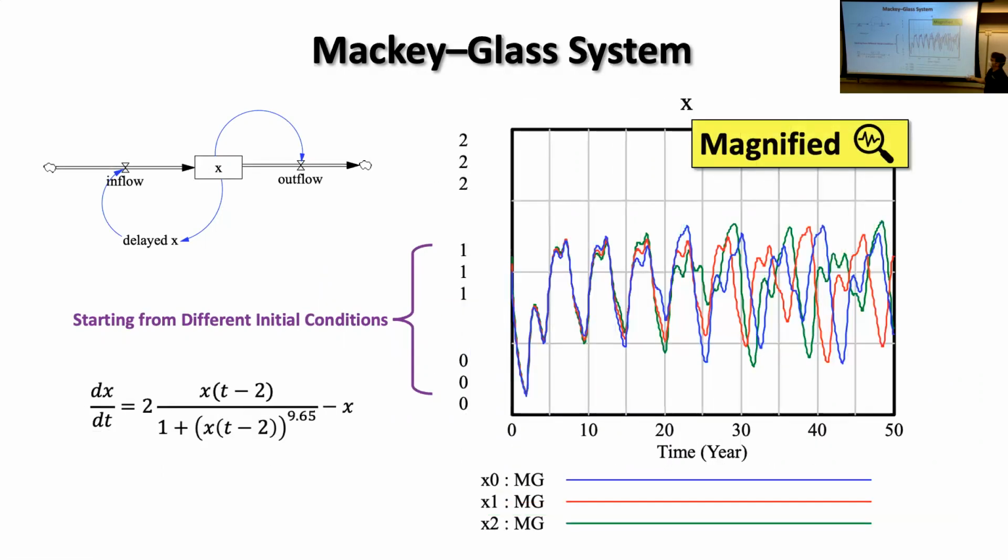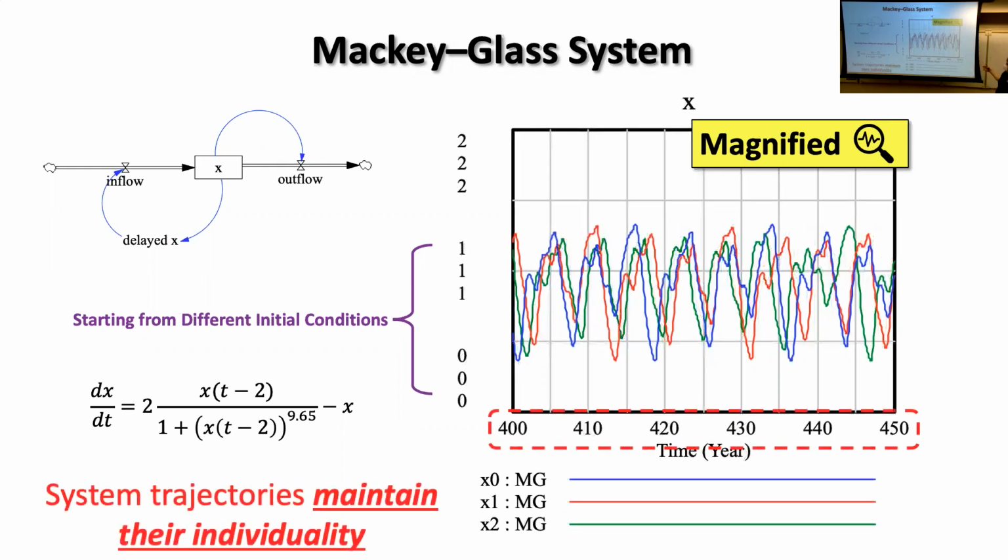If I magnify this here, just looking at the early time, you can see that I've got initial conditions that actually aren't that different. It's hard to see where they start, but there's a starting point here, another one here, and another one here. These 3 initial conditions all start off similar, but over time they get more and more different. And if I go way out in time, they're not getting any closer together.